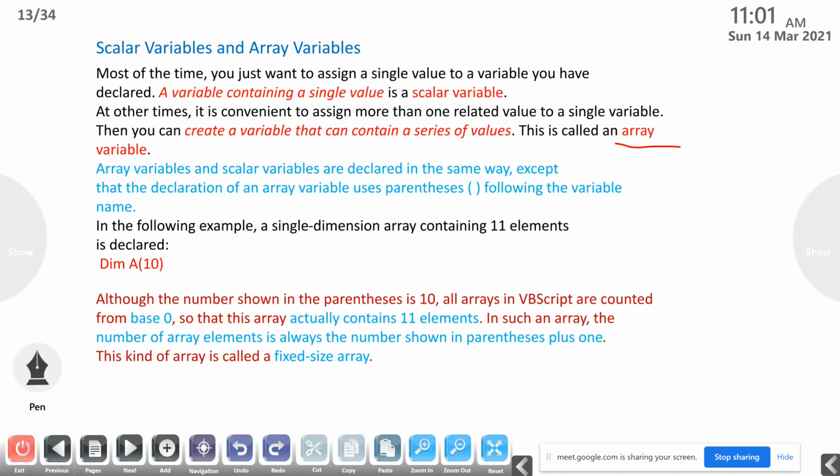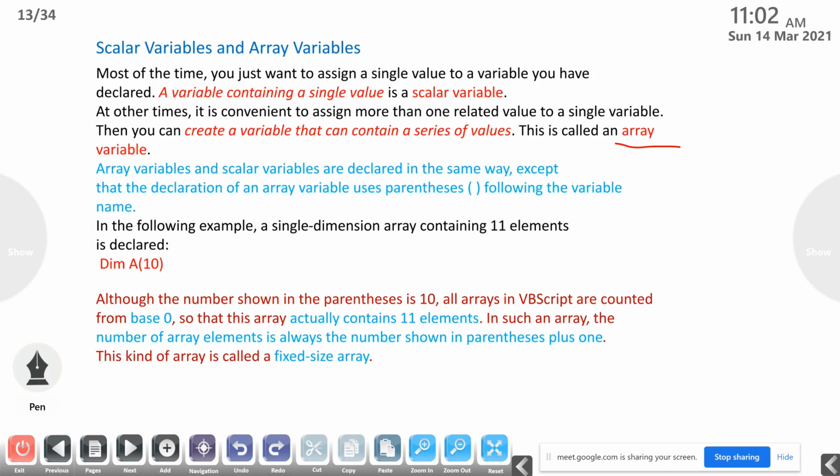But in VB script it goes not up to n minus 1, but up to n. So how many elements does the array actually contain? 0 to 10 means a total of 11 elements.